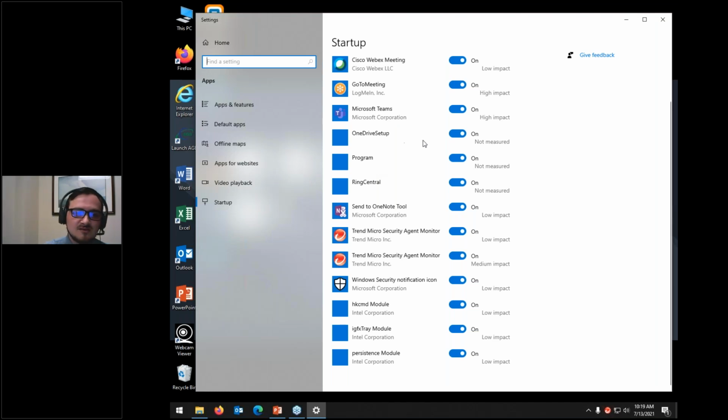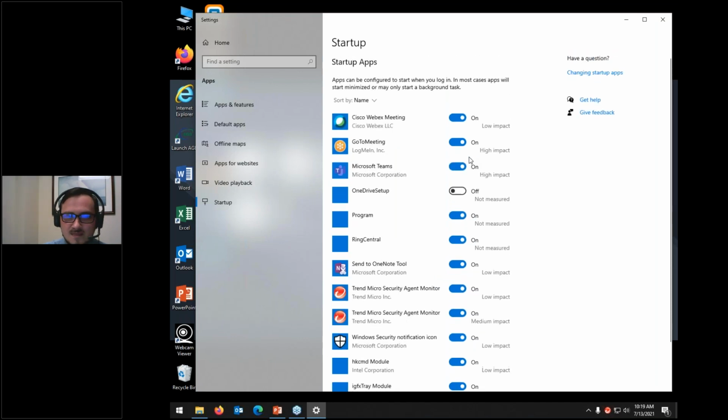All you got to do to fix this is click the little icon there, turn it off, and you're done. Sometimes your computer will say, oh, you're going to need to contact someone in your organization to turn it off, like I did there with that little program thing. That's something you'd need to contact IT support about because they have the admin access.